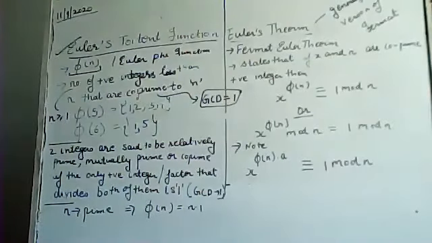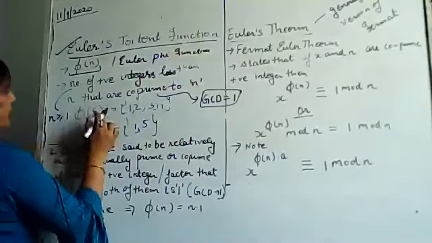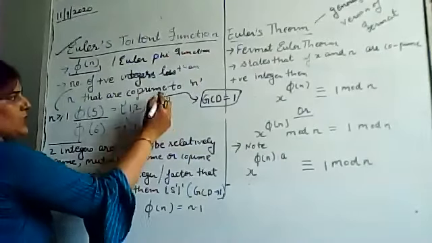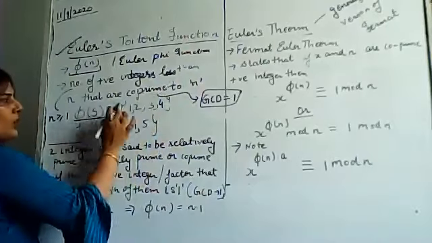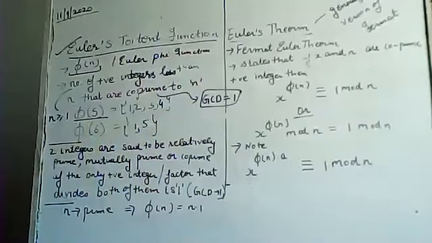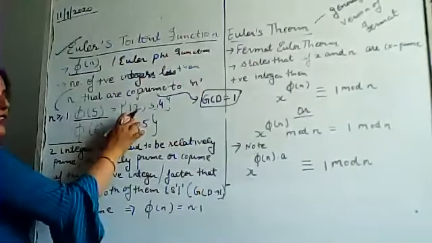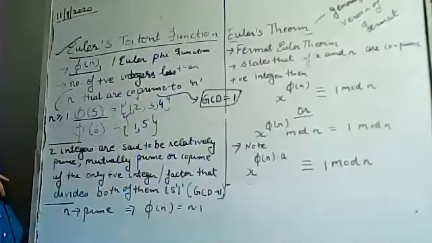Now let's suppose we have phi of 5. I need to find the totient function of this. How can we represent this? We have all the numbers that are less than 5, so our set should be such that all these numbers are less than 5, and co-prime, that is, having GCD 1. We will check 1 with 5, we have GCD 1, so 1 belongs to this set.